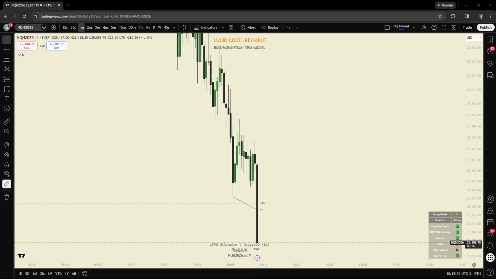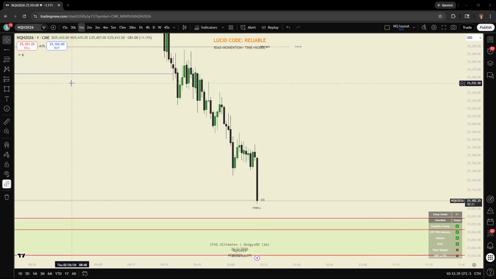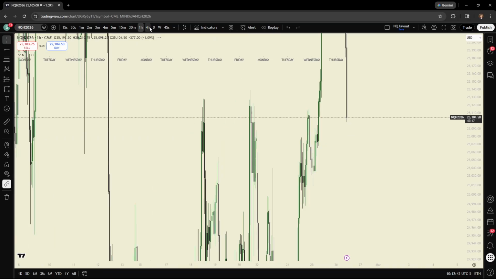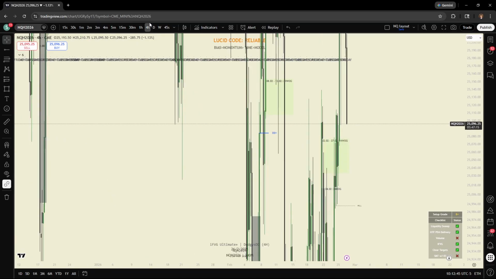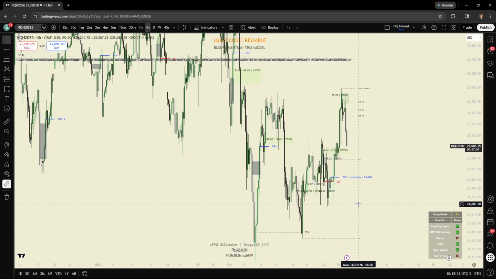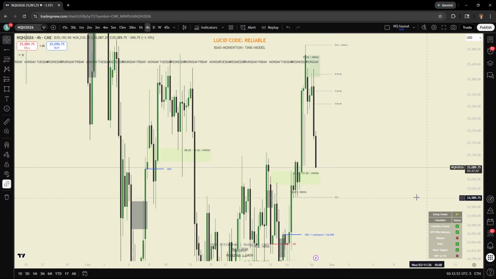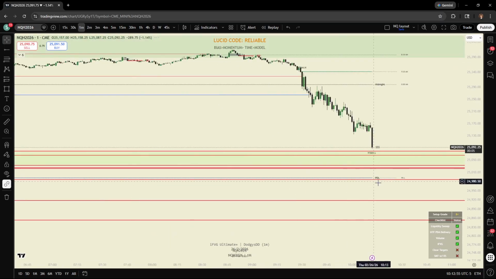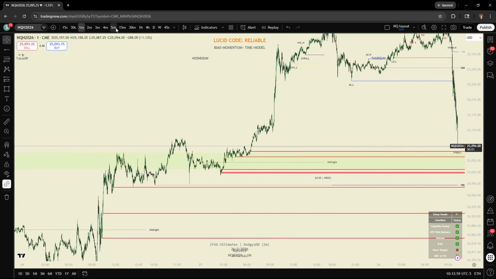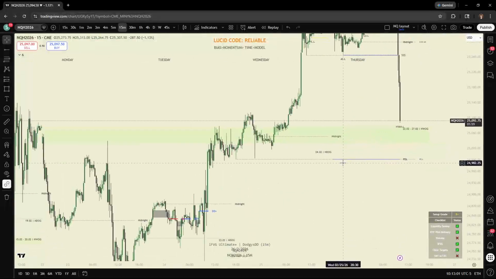Jeez, 60.1 minute candle. Yeah, kind of crazy. Well, there's 50% of the overall range. Nah, we're gonna keep dumping here. We're probably gonna go to those lows. You know what I'm saying, right? Yeah.